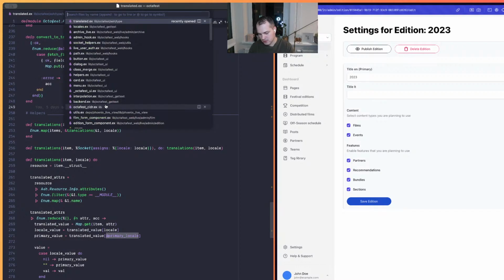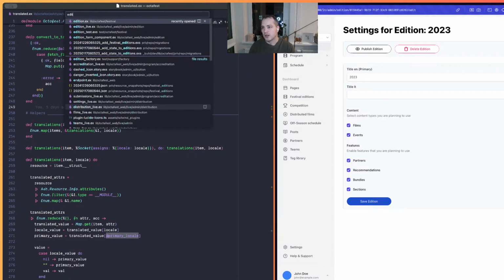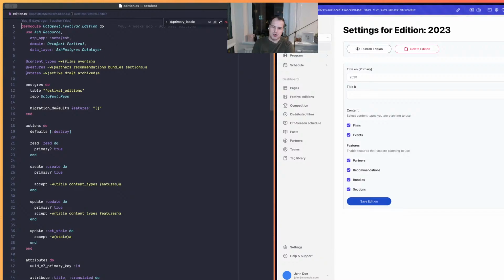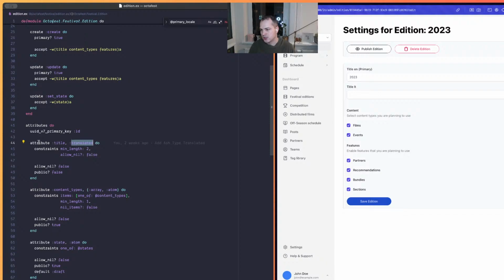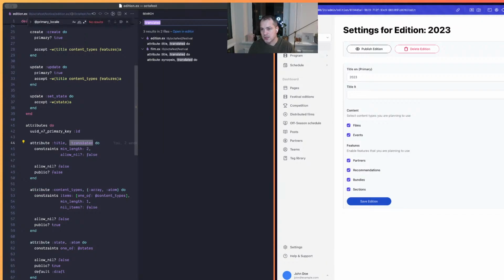So here it's just a type, which is quite nice because I can go to, let's say, edition. Ash has a translated thing, but it's an embed and it puts all the translations inside, and that's not something I want. I want a little bit more control. And so you see attribute title and translated. Translated, the way it works is you can actually define